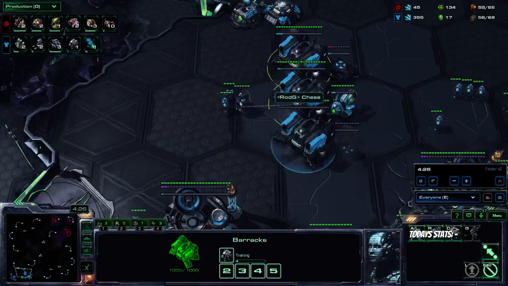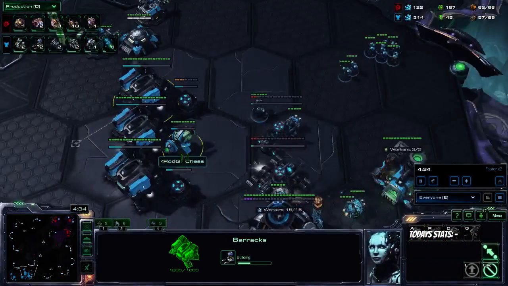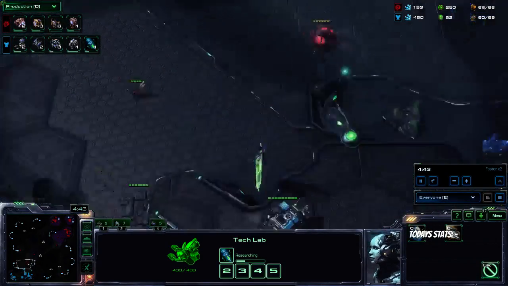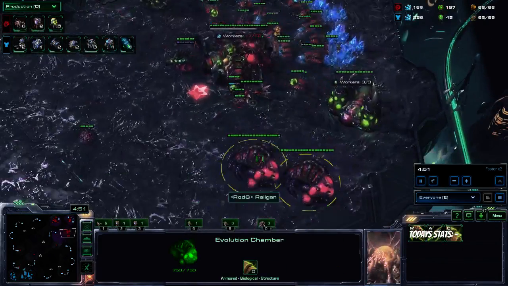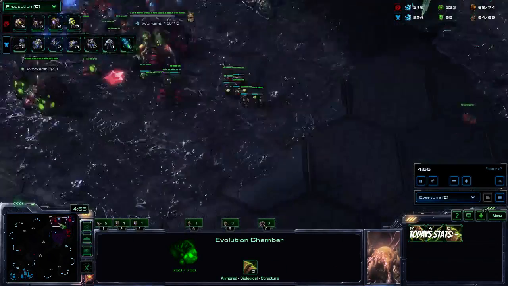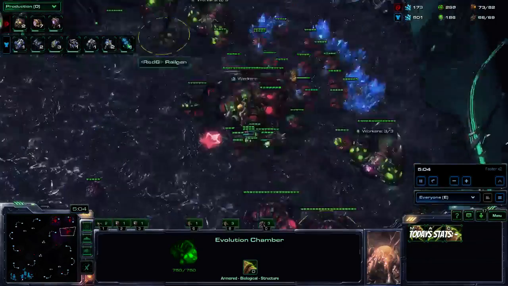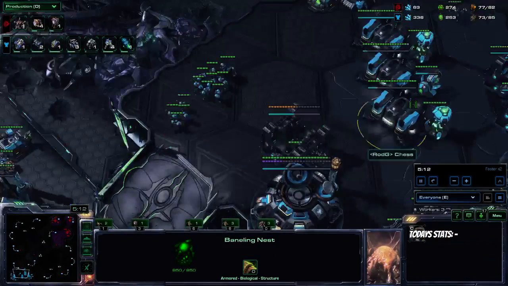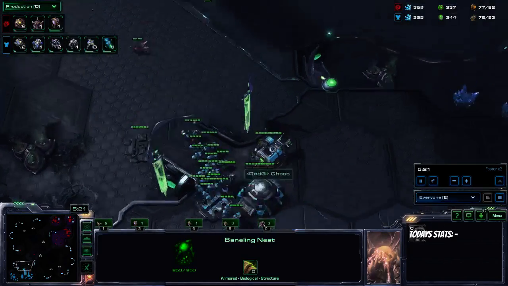What I immediately saw was no factory. I saw 3 barracks. If I see 3 barracks and a fast stim, I know there's some sort of bio push going to come my way. Right now I'm trying to scout as much as I can. The next 100 gas go into the evolution chambers, or the next 250 gas to get the +1/+1. I built my baneling nest to deal with this bio pressure,